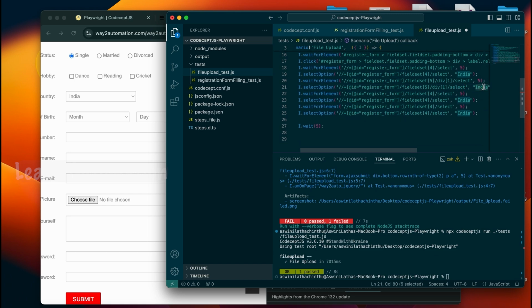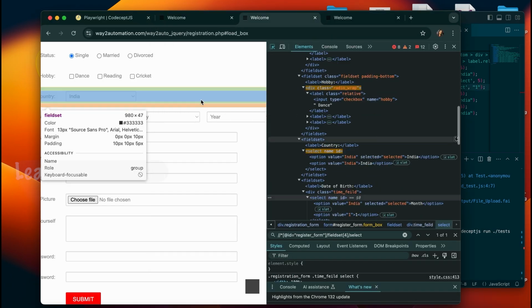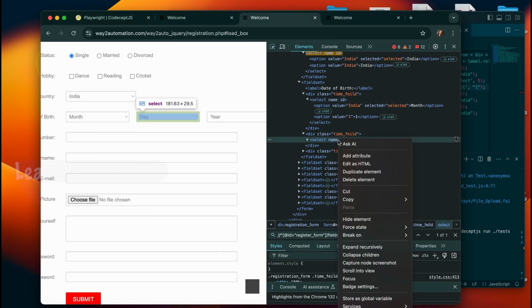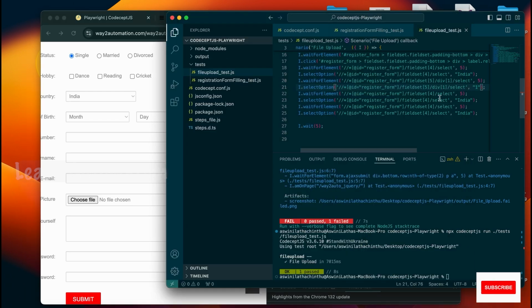Okay, and the value will be 1. And then for this XPath, here,